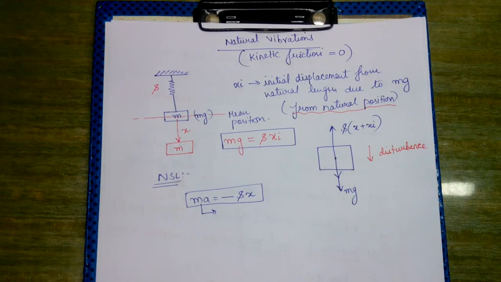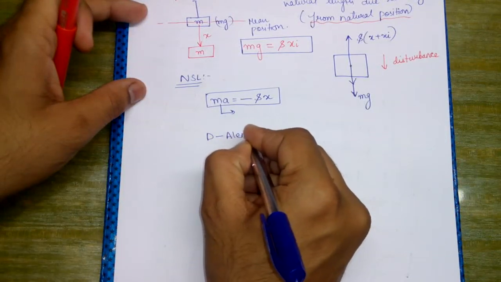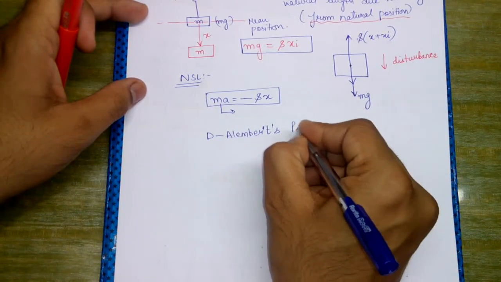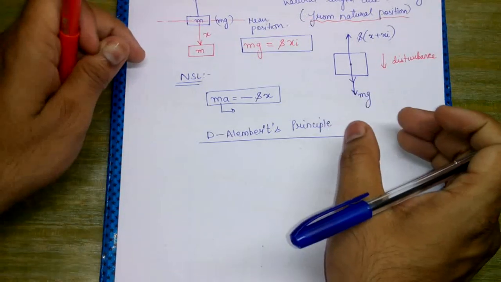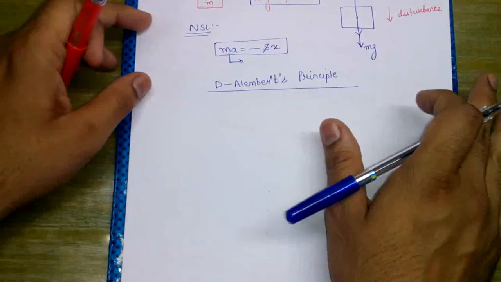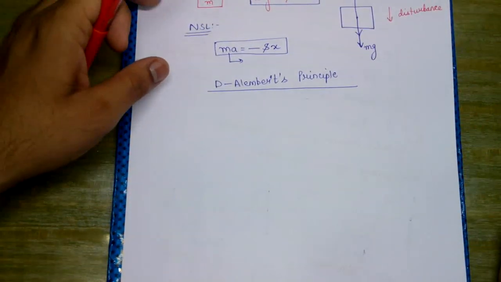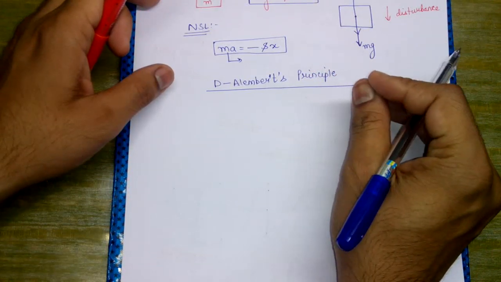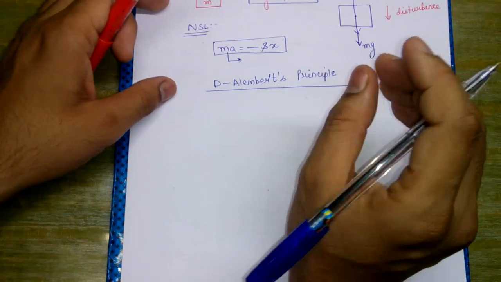Okay. Now I will discuss a very important principle which is called D'Alembert's principle. प्रिंसिपल की स्पेलिंग में लास्ट में PLE आ रहा है, तो ये सिद्धांत वाला प्रिंसिपल हुआ। अगर मैं PAL लगा देता तो वो प्रधानाचार्य हो जाते, स्कूल वाला प्रिंसिपल। तो इंग्लिश में ये सब चीज़ें भी हमें बहुत ध्यान देनी पड़ती हैं, क्योंकि कभी कभी लोग PAL भी लिख देते हैं झटके में, तो वो चीज़ गलत है। हाउएवर वो गेट से तो कोई मतलब ही नहीं है किसी भी कॉम्पिटिटिव एग्जामिनेशन में। लेकिन अगर आप किसी सब्जेक्टिव एग्जाम को दे रहे हैं और उसमें अगर आपने लिख दिया और बाय चांस जो करेक्शन कर रहा है उसने नोटिस कर लिया, तो हो सकता है वो थोड़ा सा रुष्ट हो जाए।